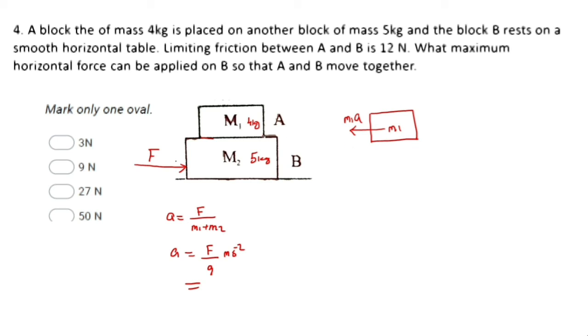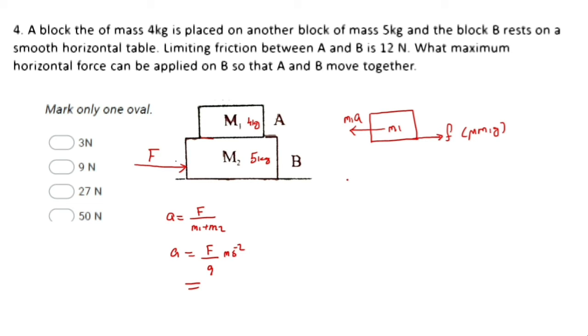Now both the bodies are in contact, right? So when the applied force on B is towards the right, a frictional force will be acting in the opposite direction. You can see here this is the frictional force. As we already know, the frictional force is equal to what? Mu into N, the normal reaction force, that is equal to mu m1g, the frictional force acting on M1.